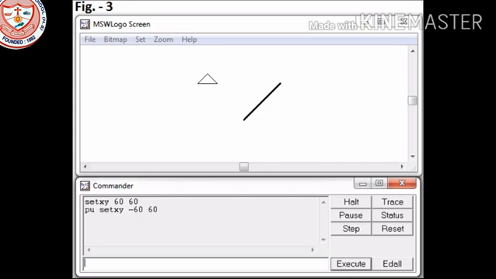It is used for young school children like you all. It is being used for young school children as a basic method of programming, giving instructions to a computer to create a graphic. So this is the purpose of using Logo.